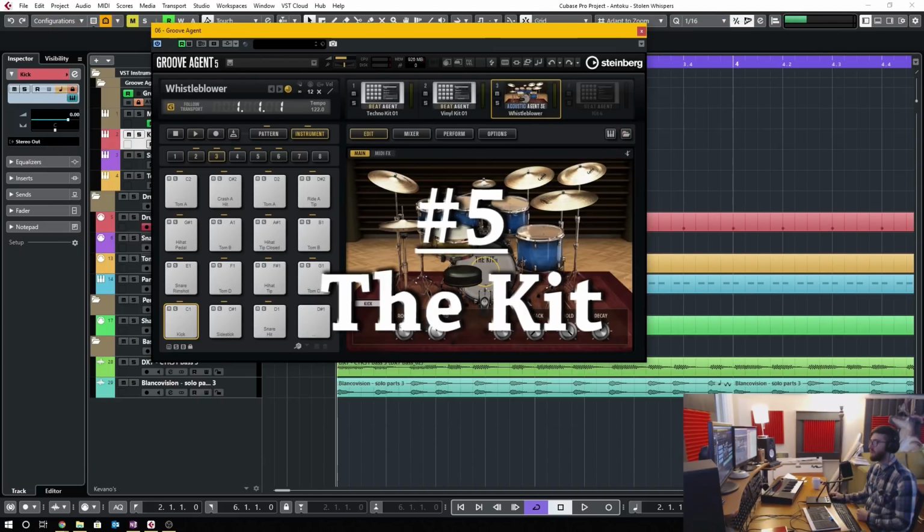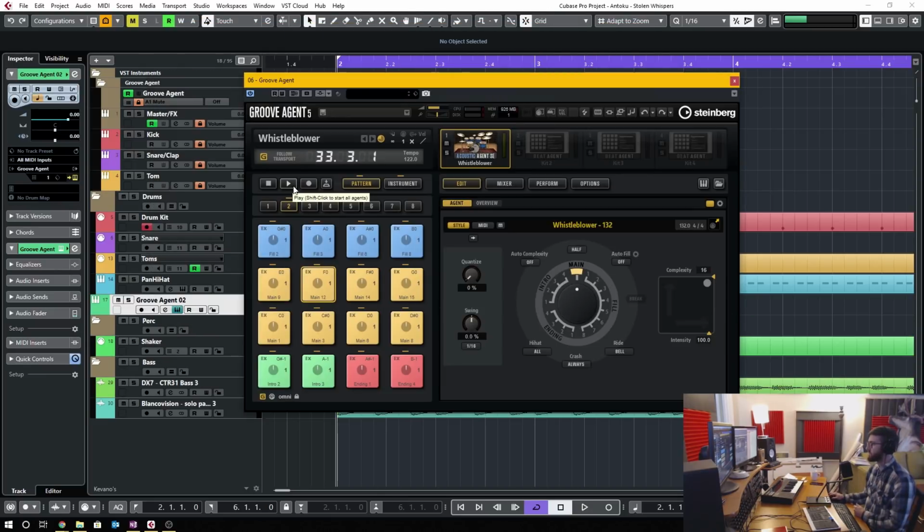Number five is the brand new acoustic drum kit instrument called the Kit. So if we have a listen to the Kit,